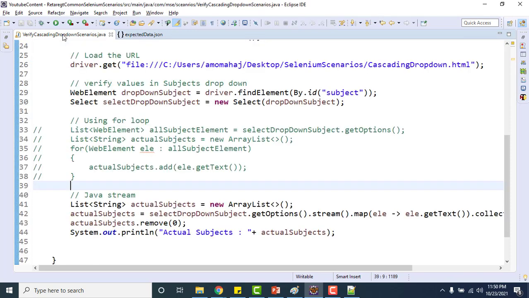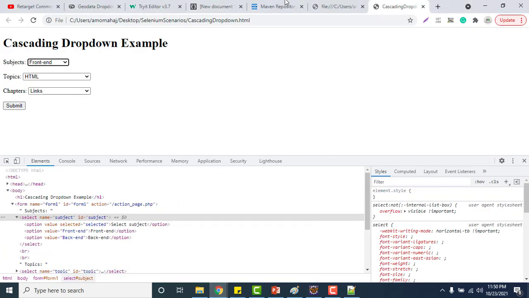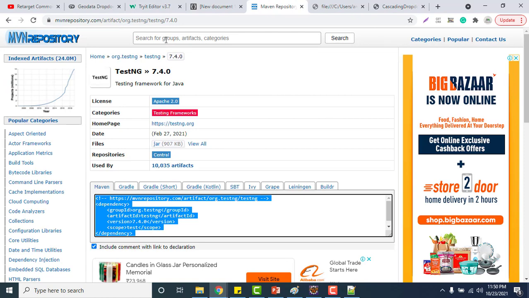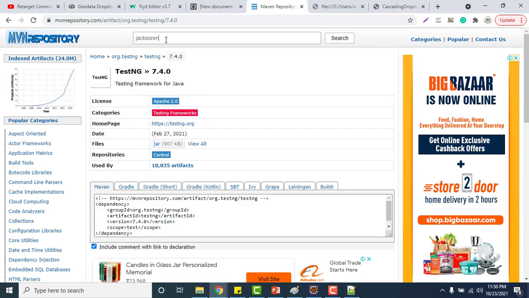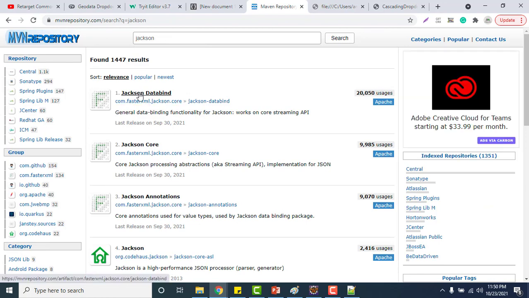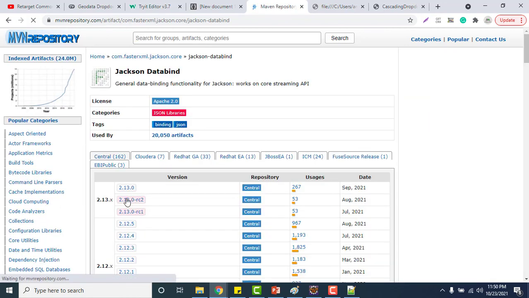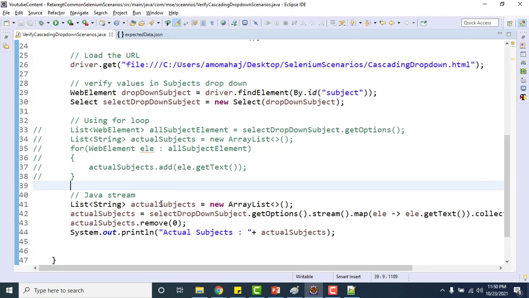Okay, so to read the JSON we need another library called Jackson. Let me go to the Maven Central Repo and search for Jackson. Okay, Jackson databind. Let me use the latest dependency here. Let me copy it.